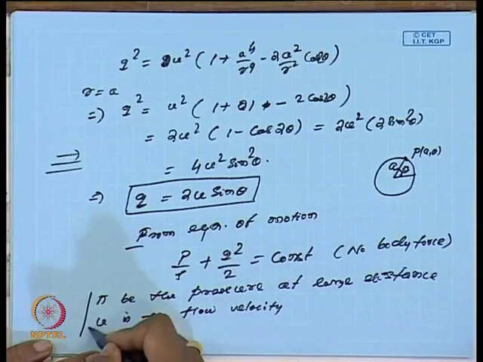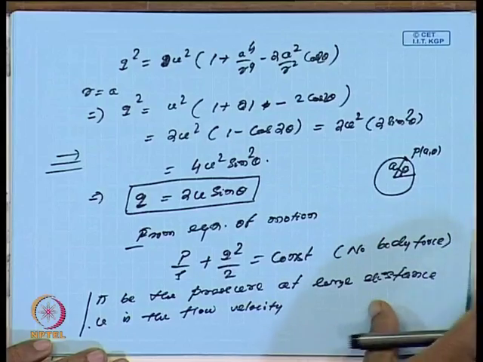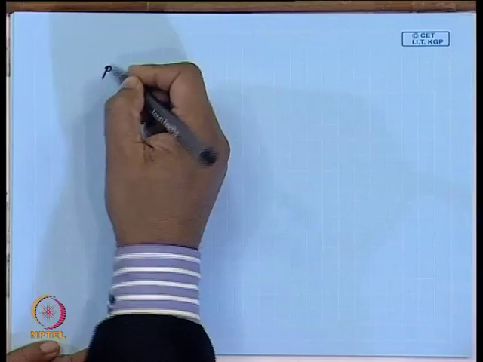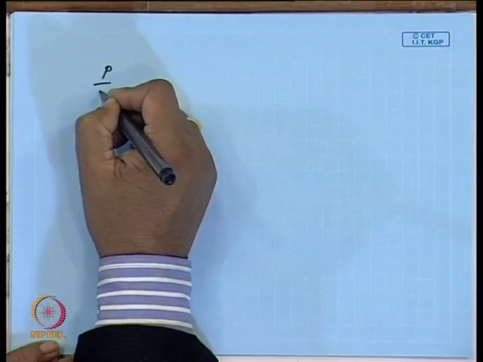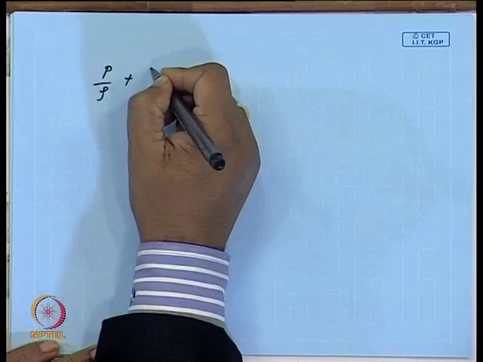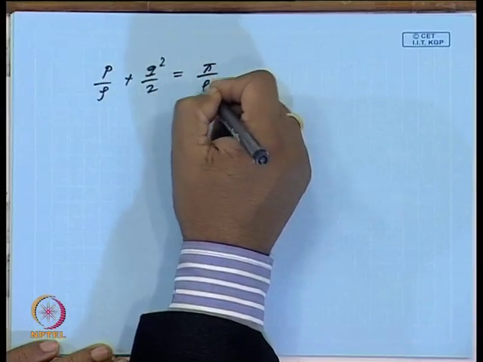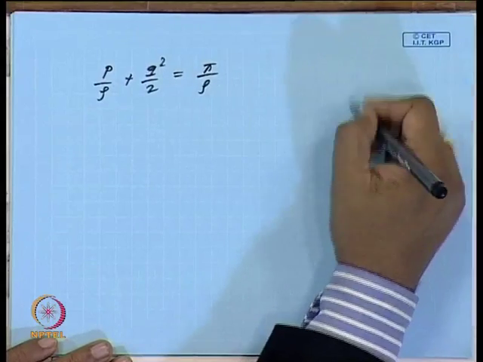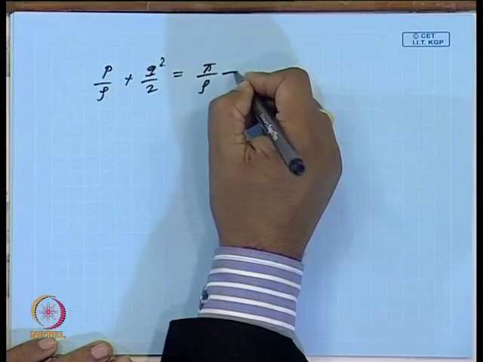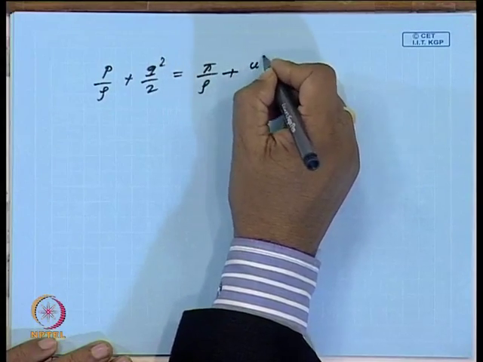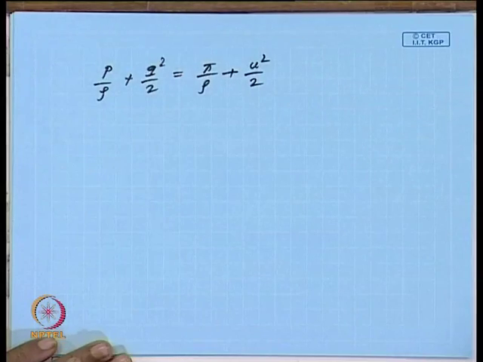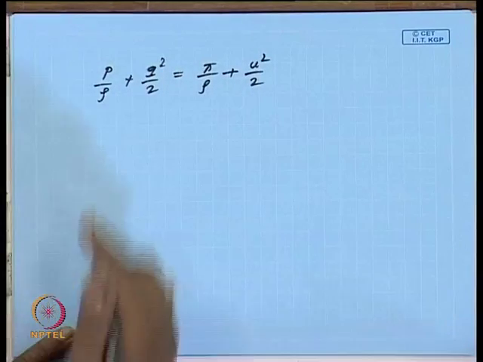If u is the flow velocity, then I will have, at any point on the cylinder, p by rho, if I want to calculate the pressure, plus q square by 2 is equal to p infinity by rho, because I just equate the flow on the cylinder to any point at infinity, u square by 2,